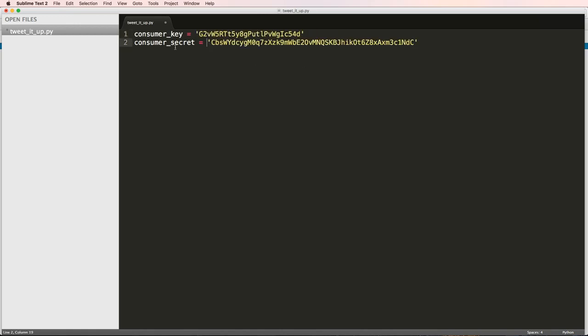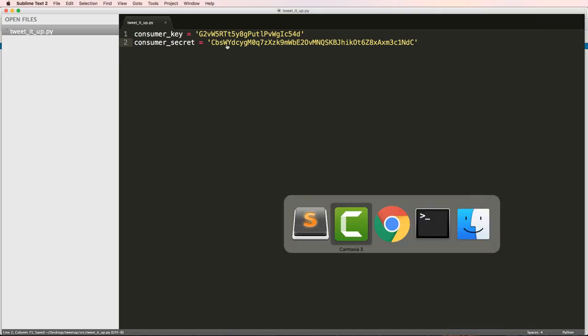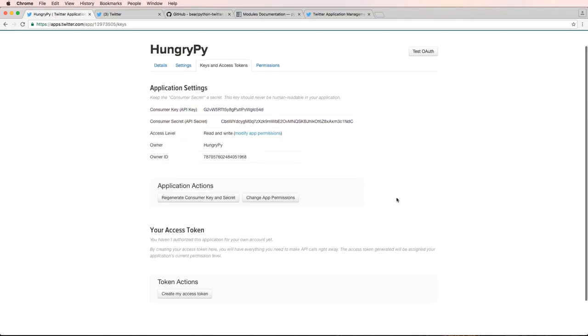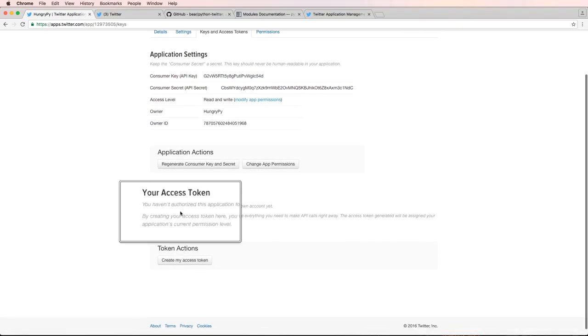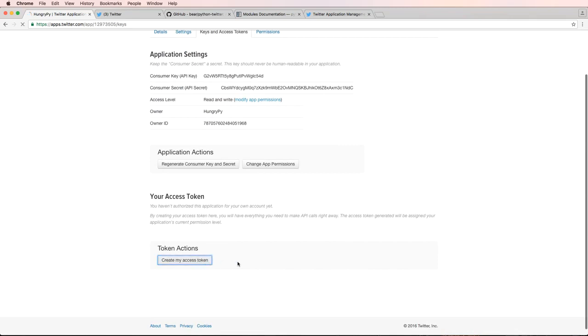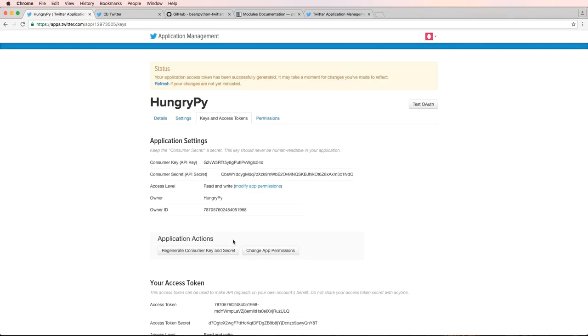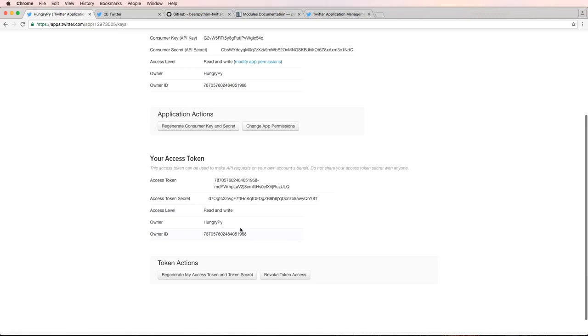Okay, so I just paused the video and made them into Python. Very simple, not a whole lot going on here. So we've got our keys. Now what I want is my access token. So I can actually go in here and go to your access token and create one. What this does is it creates a personal access token for this app. It has nothing to do with anybody else. It's literally just your own